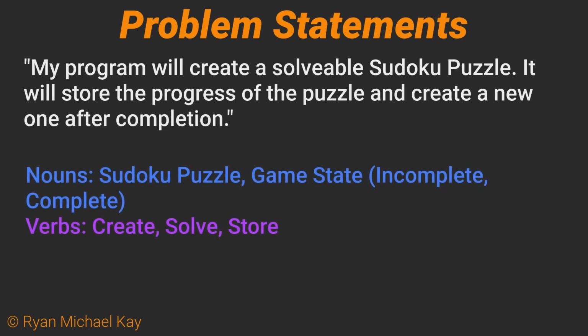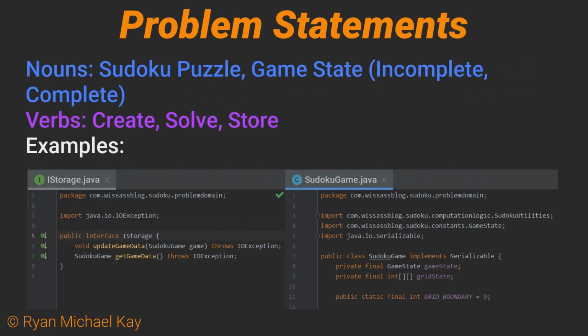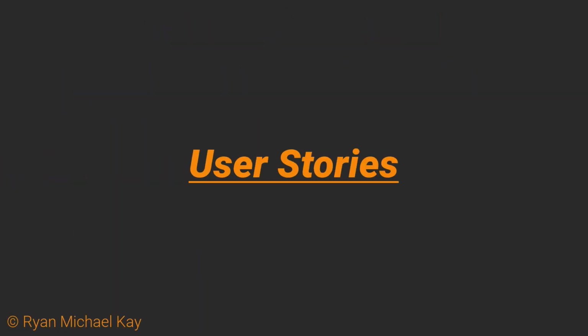Second, pay close attention to the nouns and verbs in your problem statement. The nouns will tell you about what the data structures such as classes, variables, and constants will look like. The verbs will tell you about different logical entities such as methods, classes, and interfaces. From there, you can create a new project and build anything that seems sensible as a foundation for your application's architecture. Another approach which is very common among software professionals is to create what are called user stories.